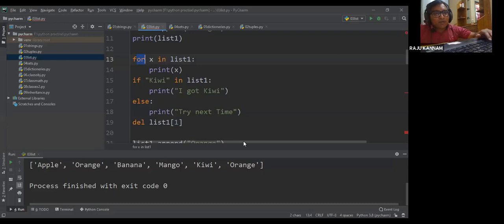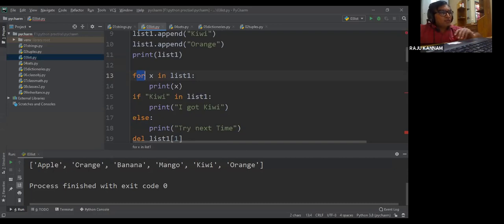Yes, madam, you want to print 1, 2, 3. 1, 2, 3 means orange and banana will be printed, obviously. 3 means this one, no? But this is not included. Only orange and banana will print.